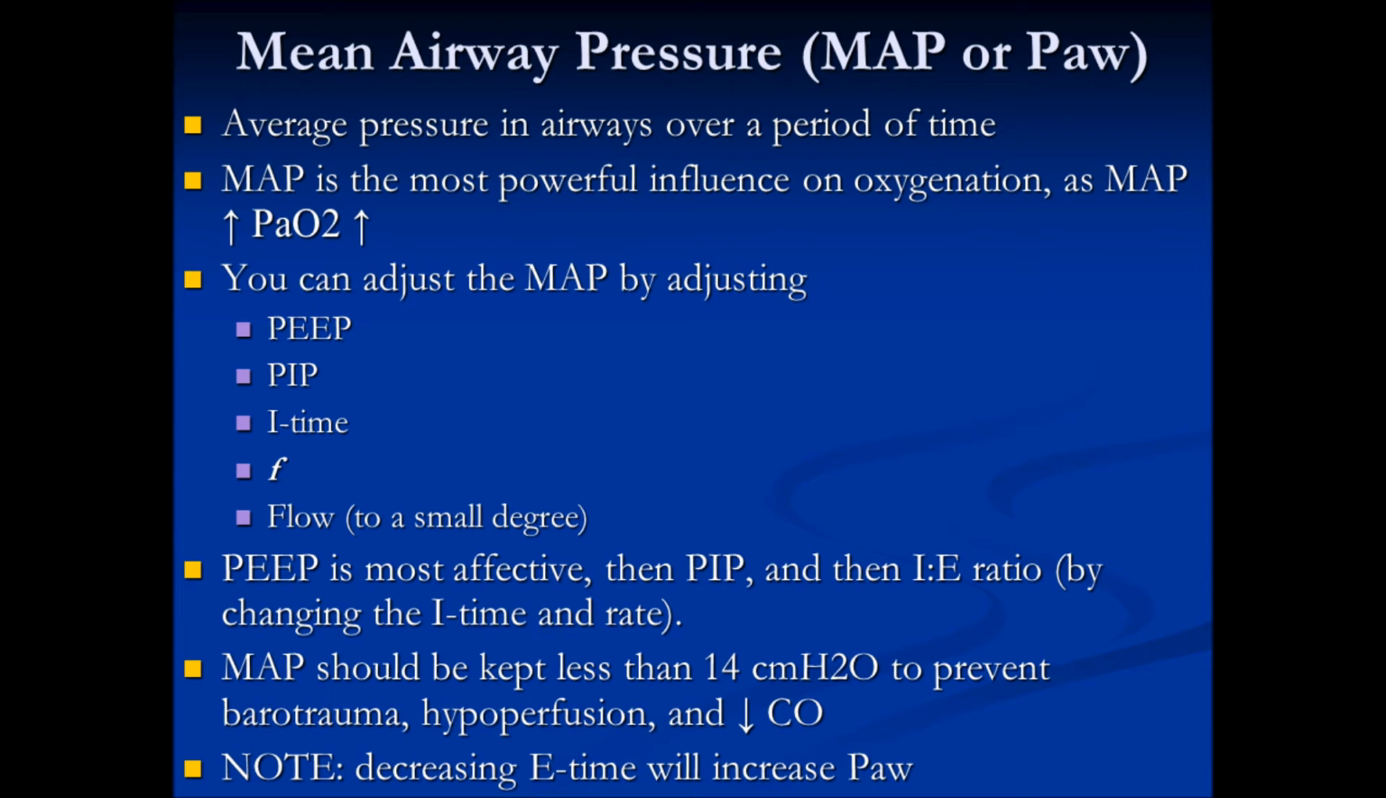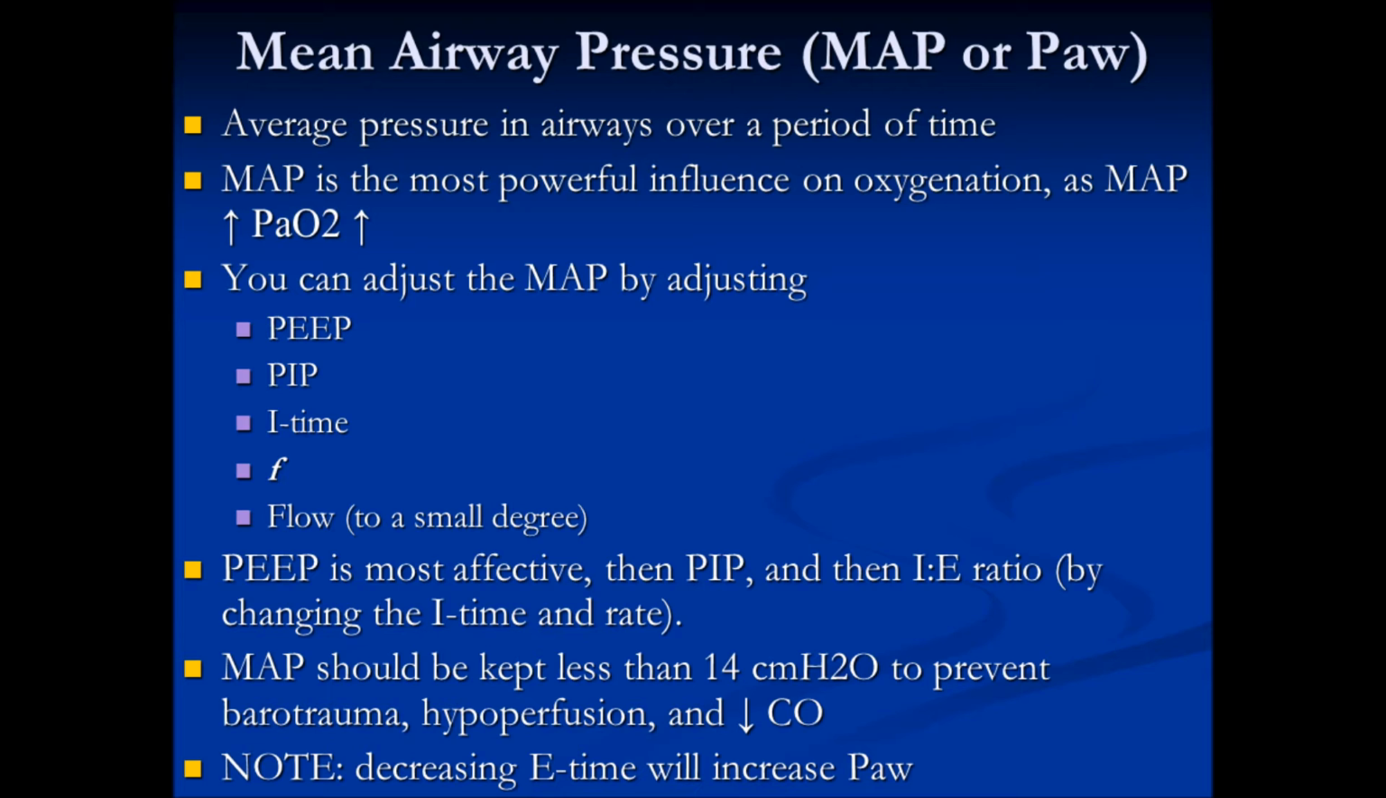Mean airway pressure, as you know, is the average pressure in the airways over a period of time. Your MAP is your most powerful influence on oxygenation. So as MAP increases, so does your PaO2. So if you have a problem with oxygenation, as you are aware, the things that influence your MAP will also increase oxygenation. You can adjust the MAP by adjusting the things that you already know: PEEP, PIP, I time, rate,